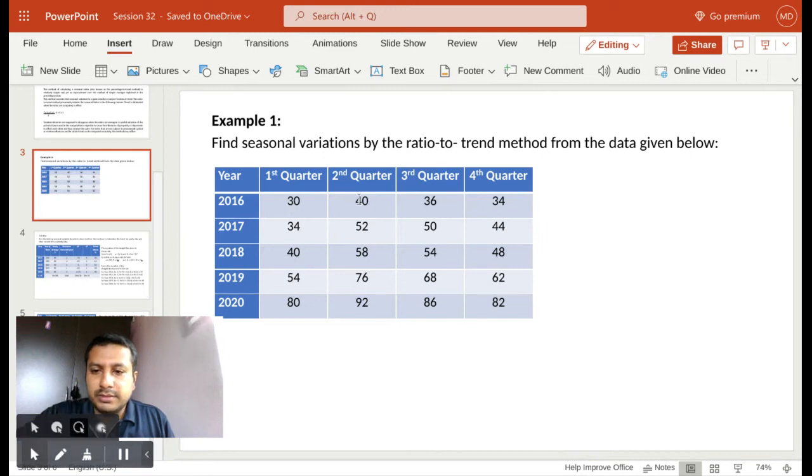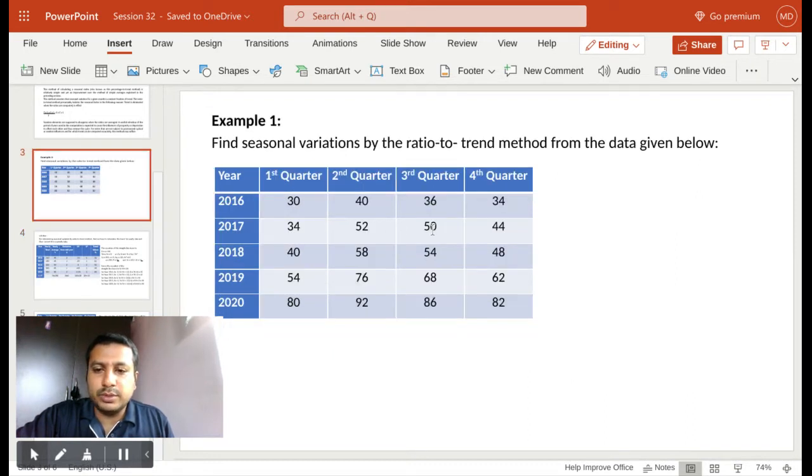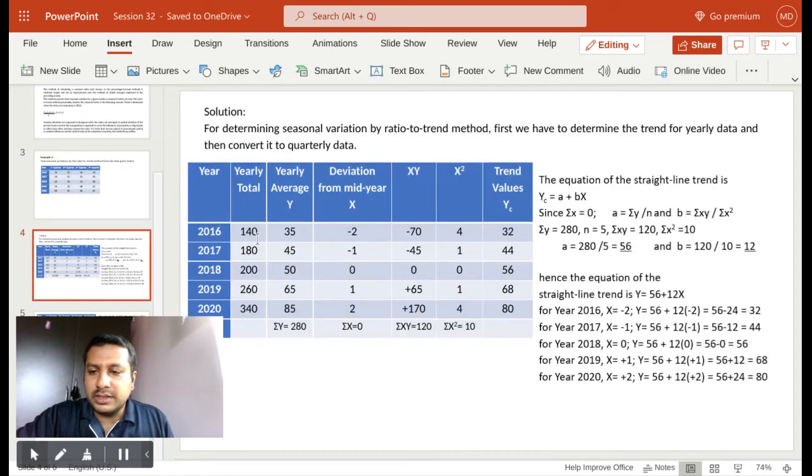30, 40, 36 and 34. You have to total it and you have to calculate here. Yearly total is 140. Second year, 34 plus 52 plus 50 plus 44. 2017 total is 180. Like that, you have to calculate yearly values. Okay,